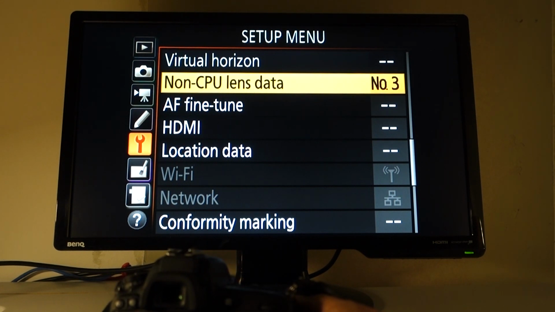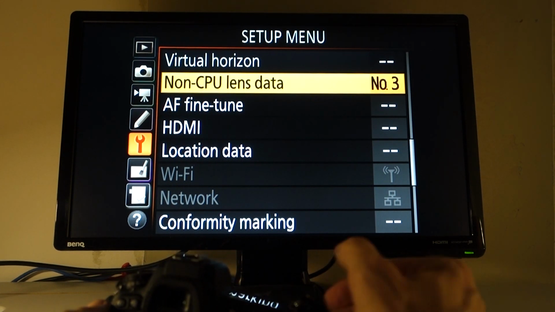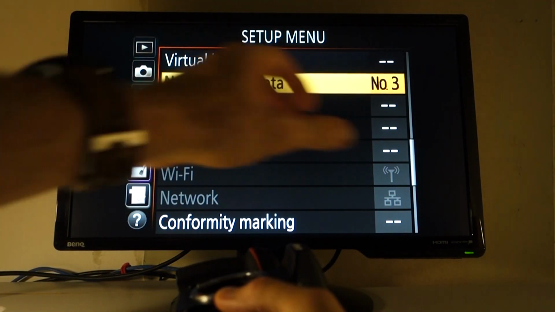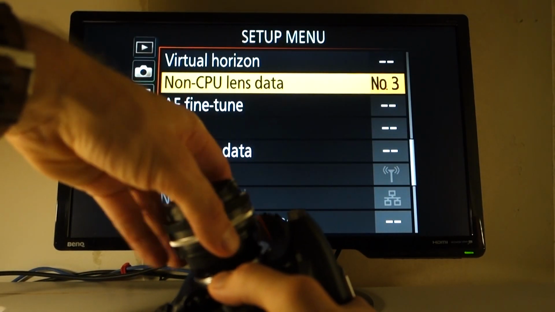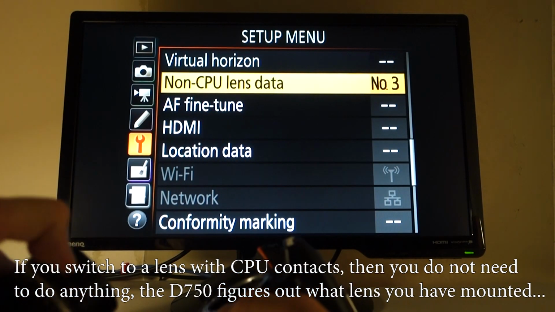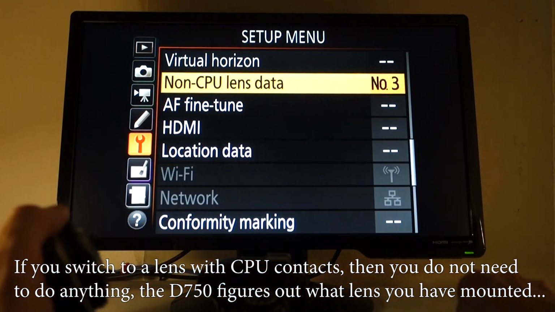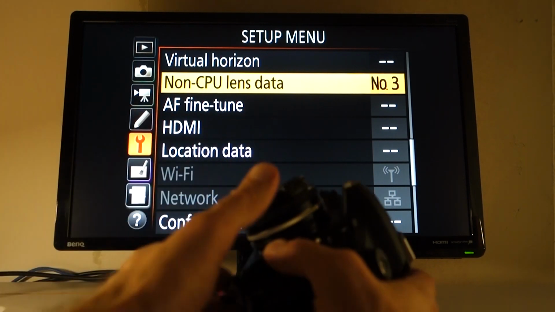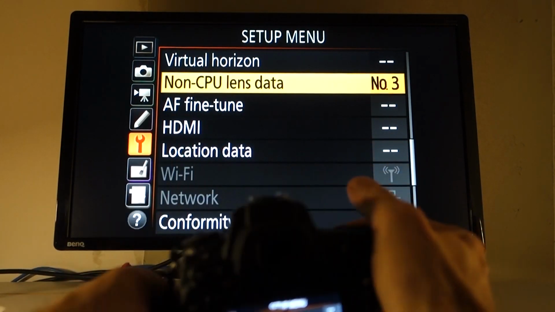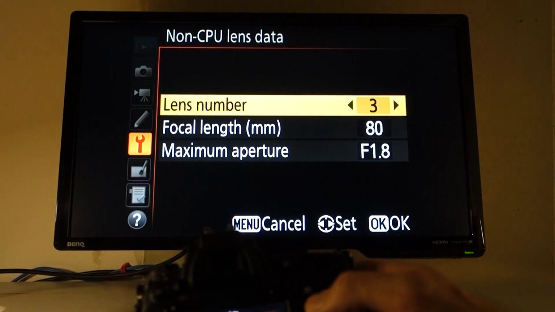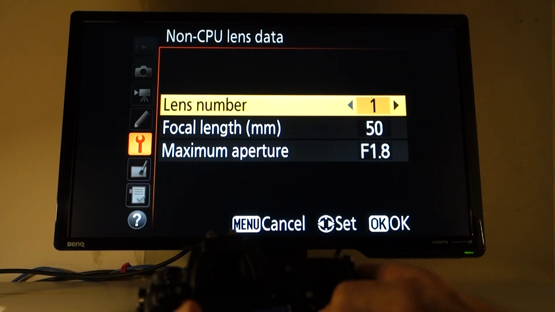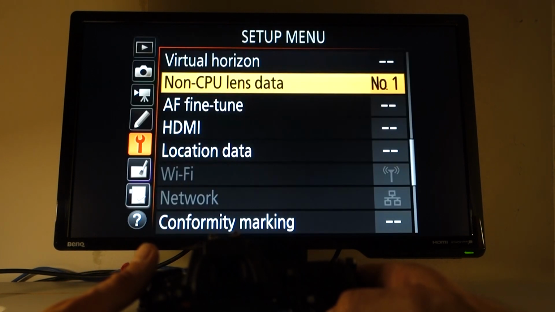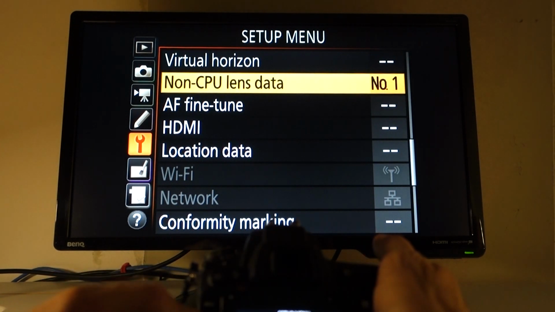Then, every time that you put on a new lens, let's say I take off the 135 and I put on the Nifty 50 here, I just need to adjust the menu point here so that it picks lens number 1 instead of lens number 3, and then you're good to go. So let's see if I can figure out how to do that. There we are, 50 millimeter, 1.8. You don't need to change that, that's set up. You just choose that one and then you're good to go.